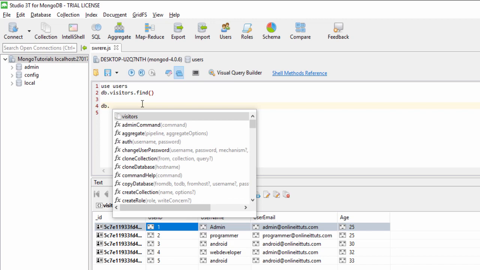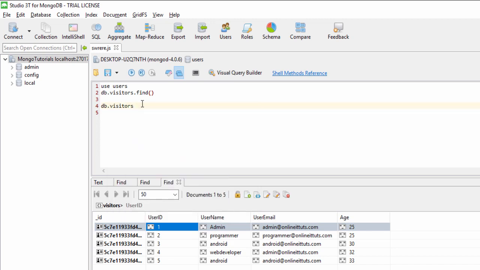First you need to write db.visitors.find parenthesis. Inside the parenthesis you need to write square brackets. Inside the square brackets you need to write the $ sign and the or keyword. Then use colon and brackets. Inside the brackets you need to write square brackets, comma, square brackets. Inside the first square brackets you need to define the column which you will use to find the particular record from the document. For example, I'm going to use username admin